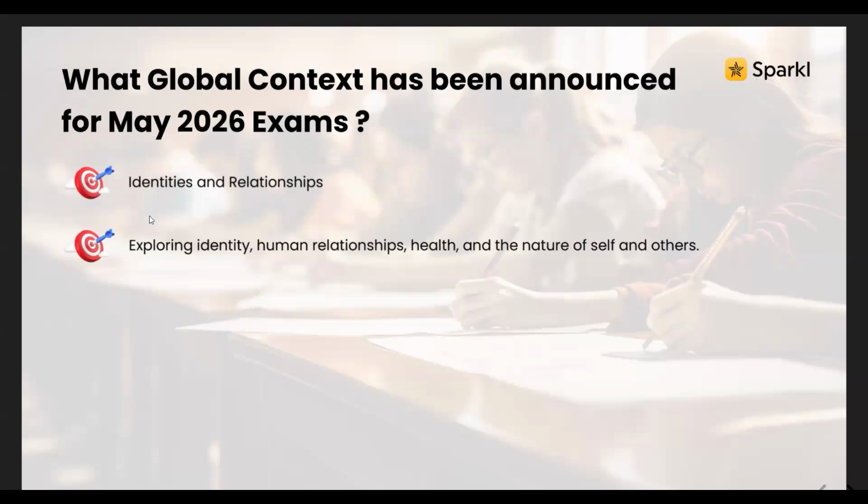Like in context with math or just in general? With math, first you can tell me about the general thing, and then we can try to think of all possible contexts there can be with mathematics specifically. Identities are basically your own characteristics or characteristics of something, and relationships are how things can be related with each other.